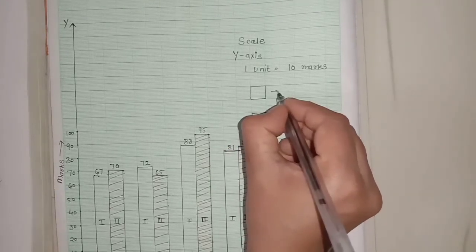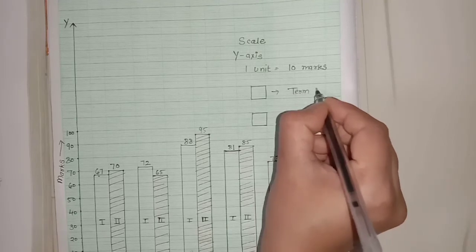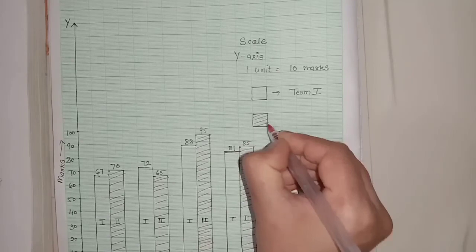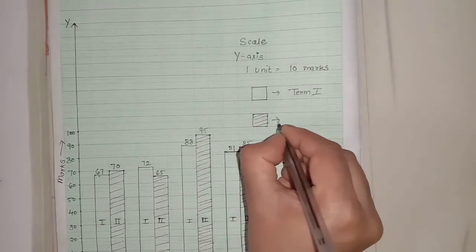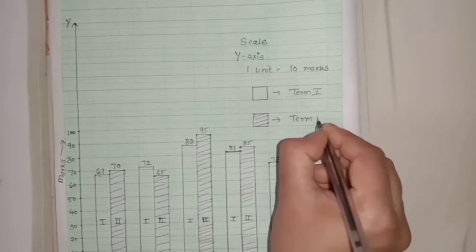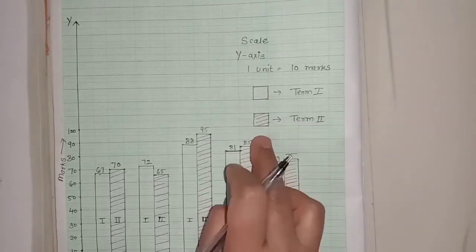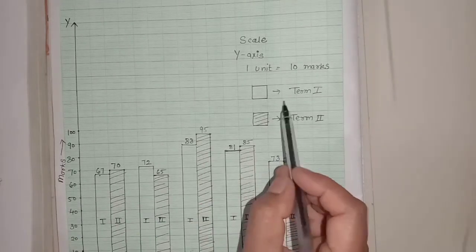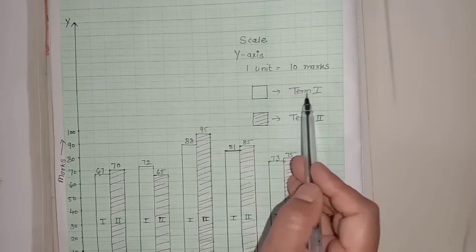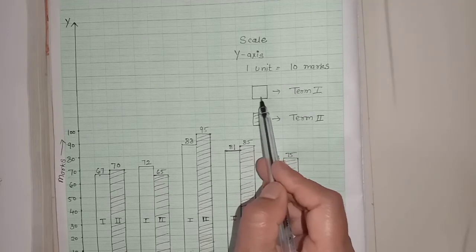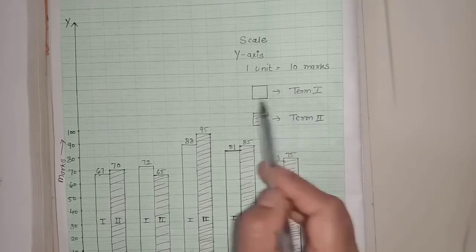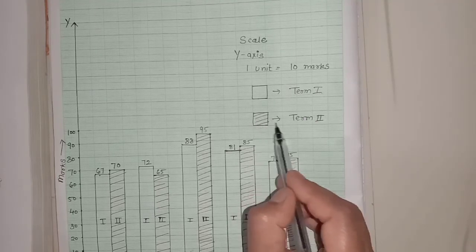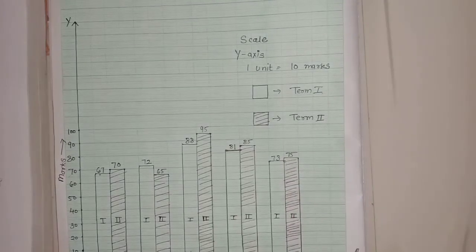The blank bar is showing term 1 marks, and this shaded bar is showing term 2 marks. It is very necessary to mention. If you are using different colors also, then you have to fill the same color. Suppose you are taking red color for term 1, you have to shade it in red color and mention term 1 red color. And if you are taking yellow color for term 2, then you have to mention here yellow color for term 2. Okay, students,